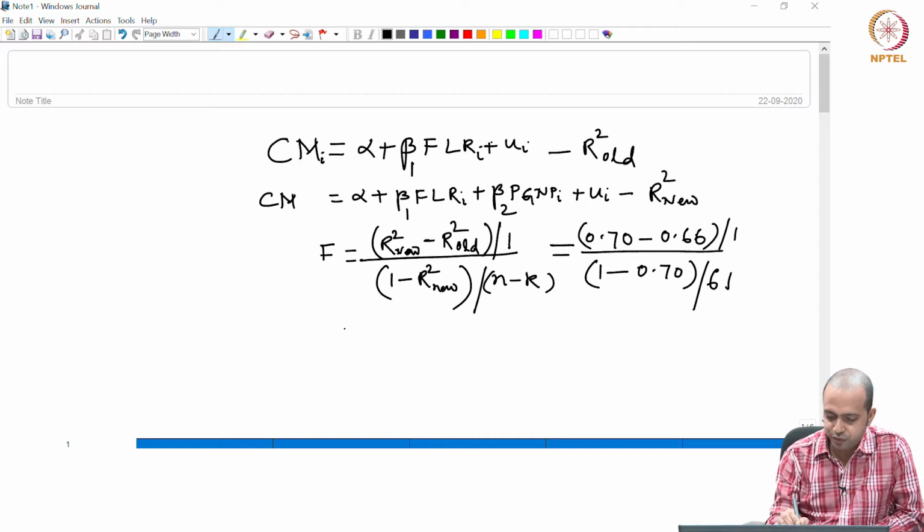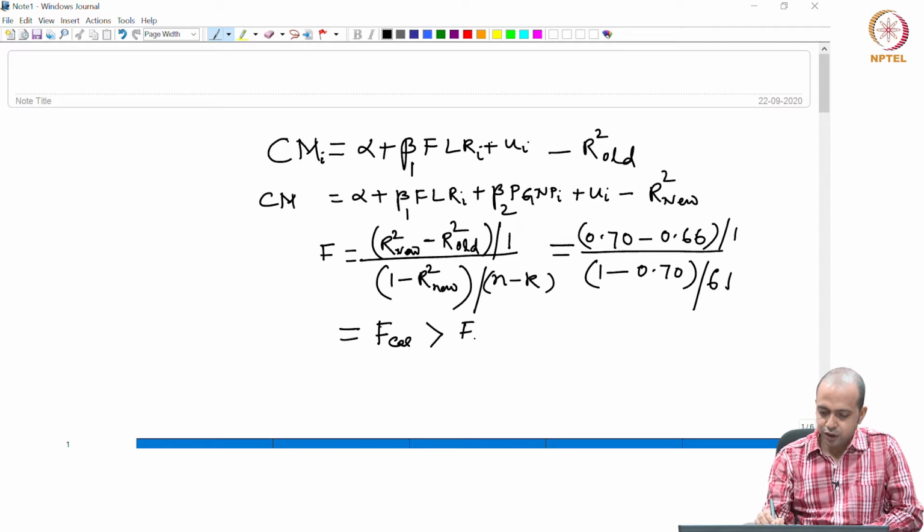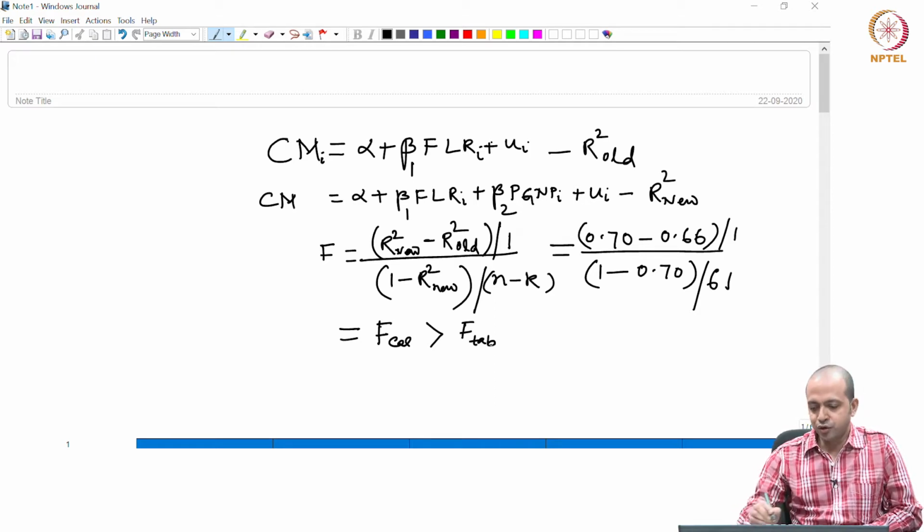Compare this calculated F with the tabulated F, and if it is greater than F tabulated, then your calculated value is greater than the tabulated value, and you have to reject your null,